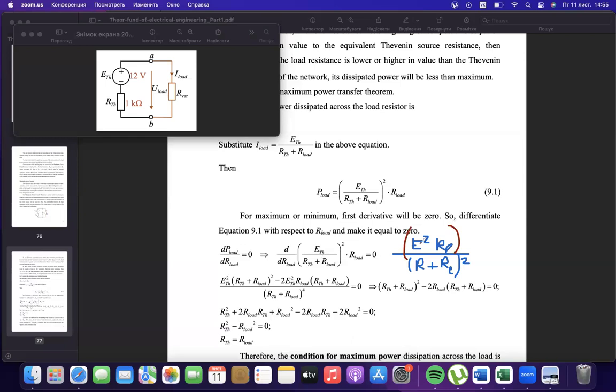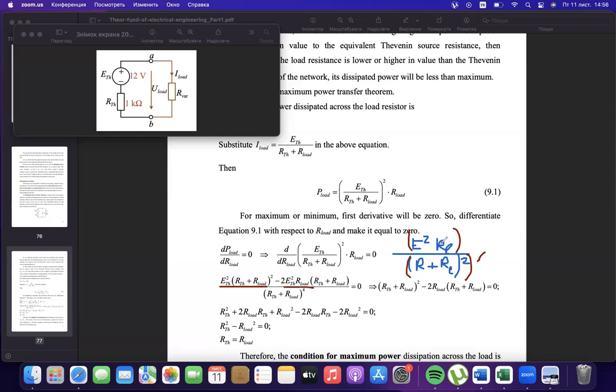The derivative of a ratio will be the derivative of the upper part, from E square R it will be just E square, multiplied on the bottom part, minus the derivative of the bottom part